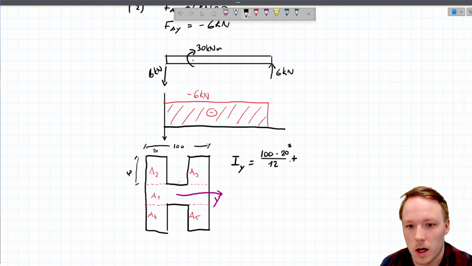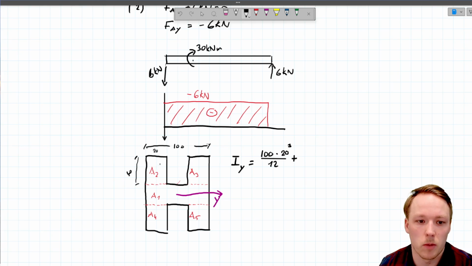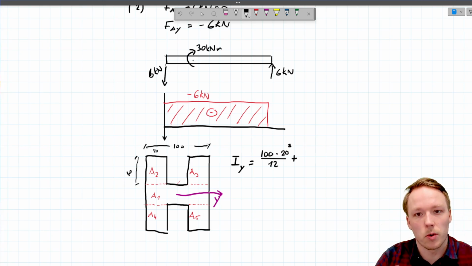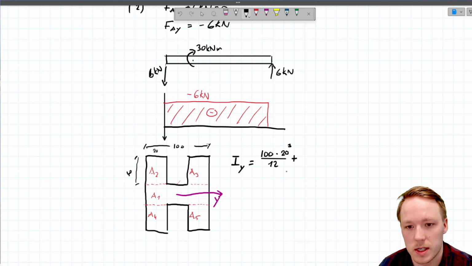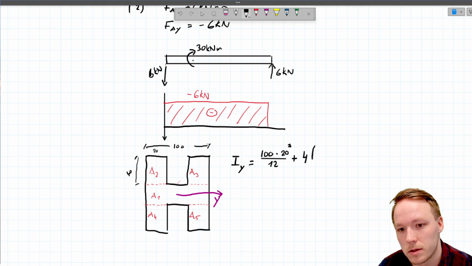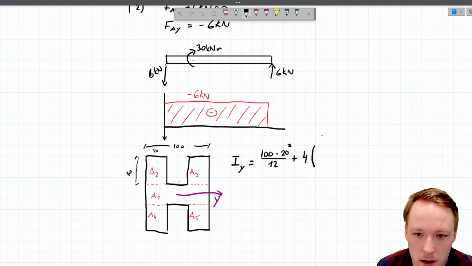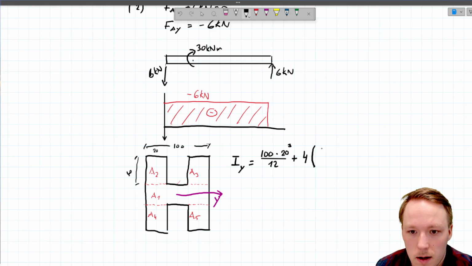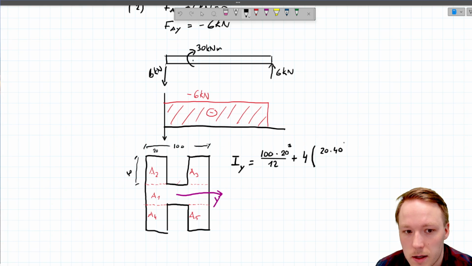the second moment of inertia of the rest of these areas, and since all of them are symmetrically located, what we can simply do is that we can have here 4 times what those are, and those are 20 millimeters wide, they are 40 millimeters high, power to 3 divided by 12,